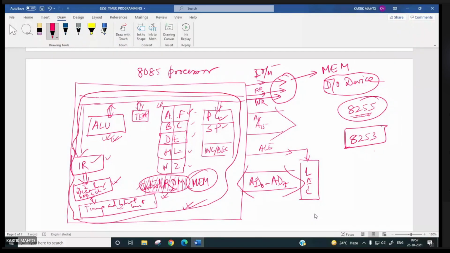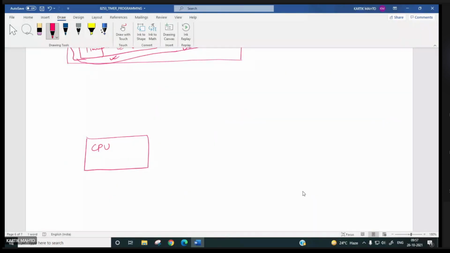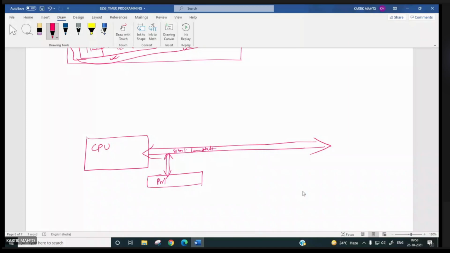So if all these things are here and all are connected with an internal data bus of 8-bit length, right? 8-bit data bus. Then we can have a register connected over here, and this we can call port 0.